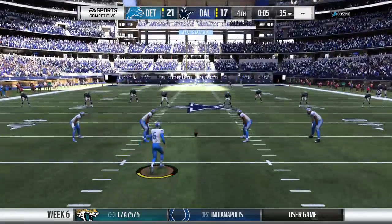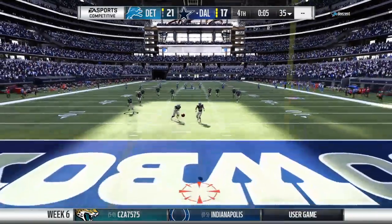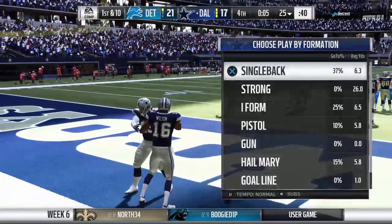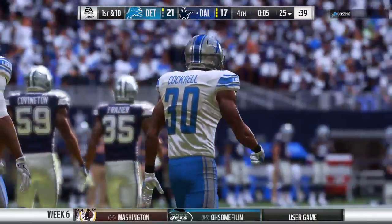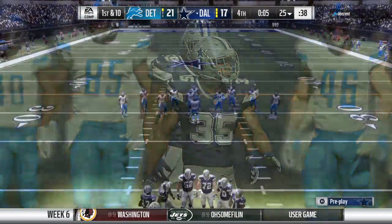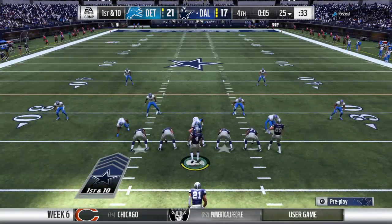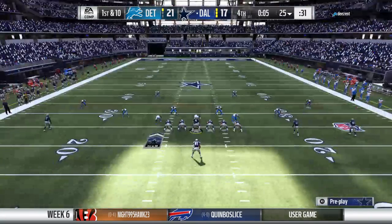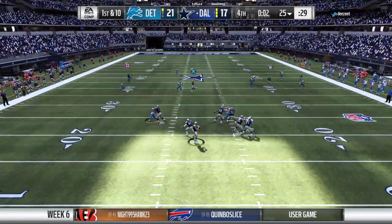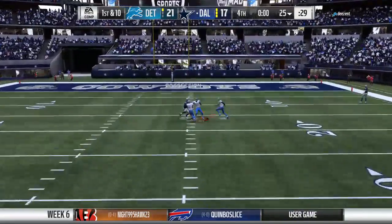Here's Prater now set to kick it away. The Cowboys offense heading back out and ready to go again. They have time here, partner, for just one final heave. And I have to look at it from the defense's perspective here. We know what they're going to do on offense. The Hail Mary, try and get guys down there and throw it in the end zone, tip it around and catch it. You've got to have guys back there to defend that, but also you can't allow the quarterback as much time as he wants to set up and throw it. Maybe you bring a little extra pressure to make sure he gets...